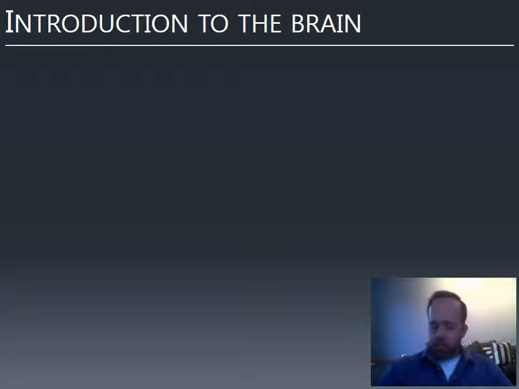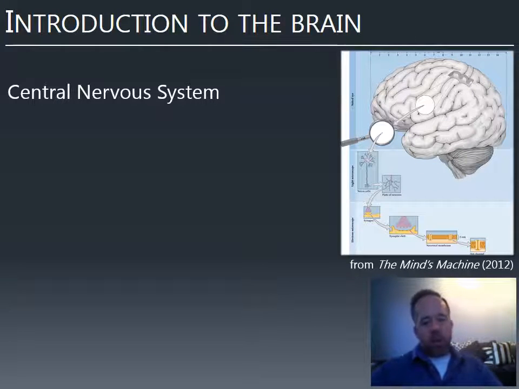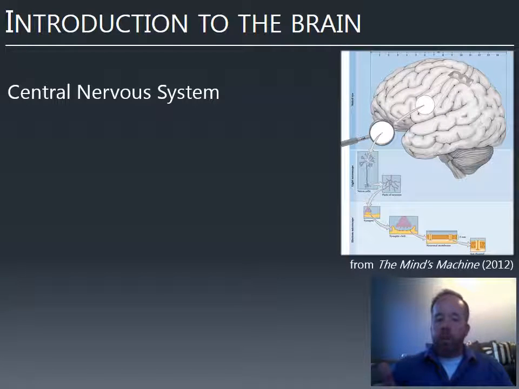So first, we're going to introduce the brain. We've probably all seen a picture like the one on the right. But what this diagram does is go down in scale. So you see the whole brain, then we go down to an individual brain cell, and the brain cell has these tiny projections that we'll talk about, and those tiny projections connect to other neurons, and they have tiny molecules embedded in them, and these things all have a part to play. So we're talking about the central nervous system. So this is the brain and the spinal cord. We'll talk about the peripheral nervous system later.